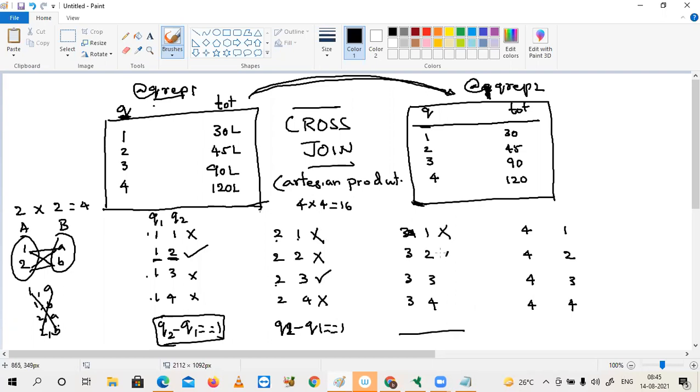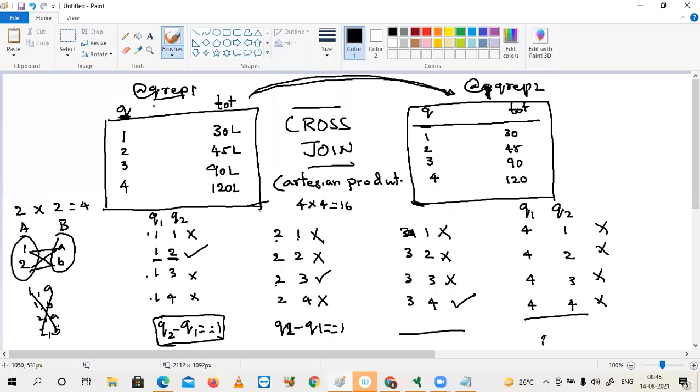Eliminated, eliminated, eliminated. This will be taken. Now try to apply the same condition. What will be true here? Everything will be false, because of our condition Q2 minus Q1.